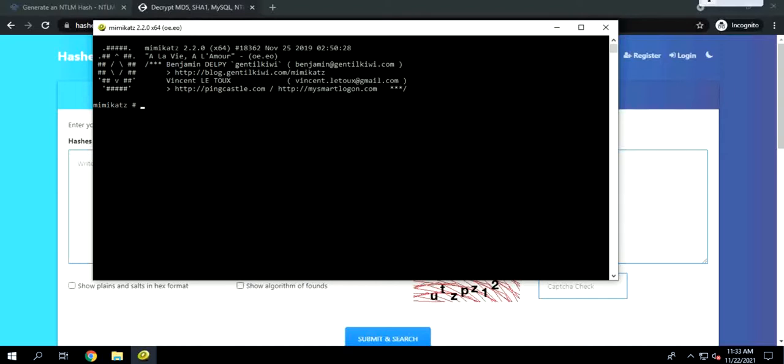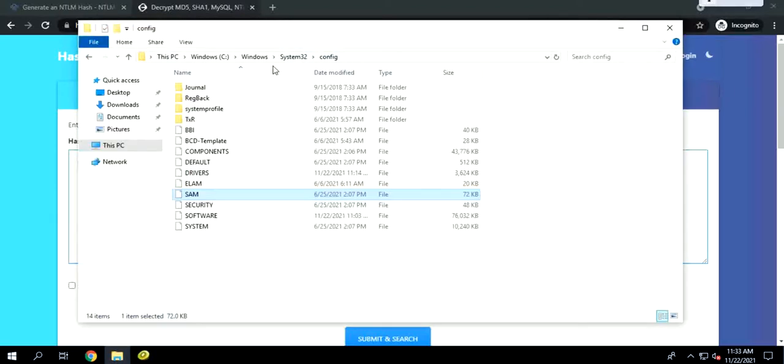To get started, we already learned how the NTLM authentication process works. Windows local password hashes are stored on disk in a very special registry file. Under system32 config, there is a file called SAM. SAM stands for Security Account Manager.